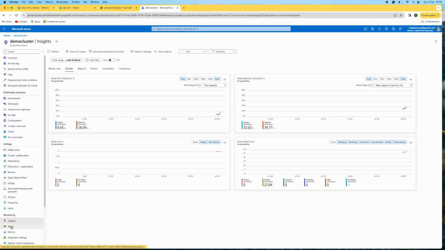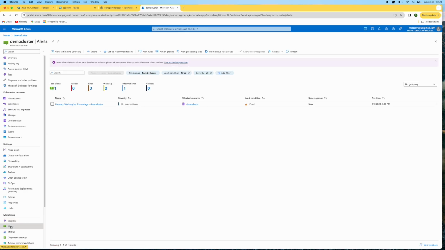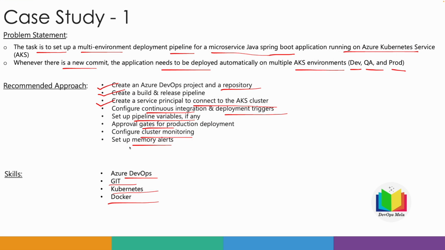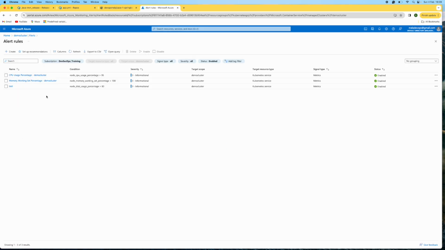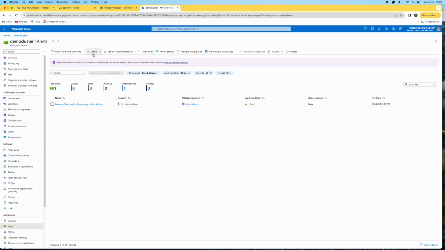see set the alert. So there is a question in the case study to set up an alert. Now the question is to go and set up a memory alert, cluster memory. So by default, if you go and look into alerts, you have a memory alert already set up. If you go and look into alert rules, by default this gets set up. Now on top of it, if you want to set more alerts, you can go and click under monitoring